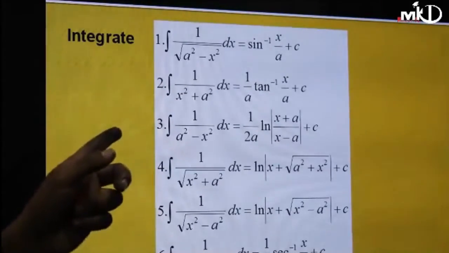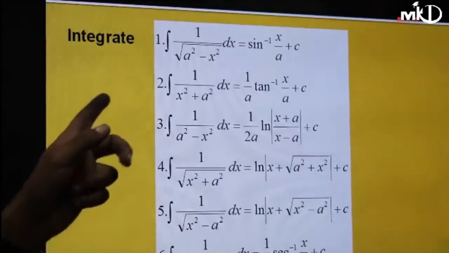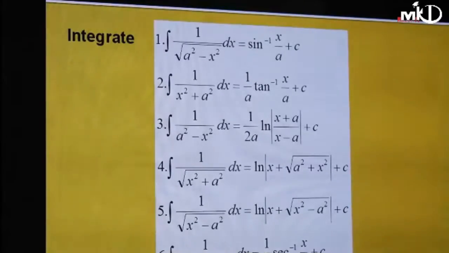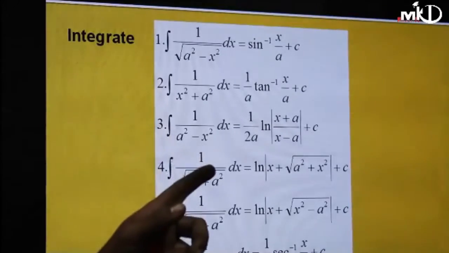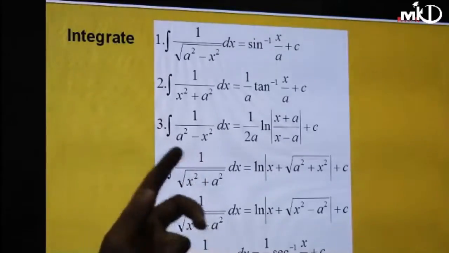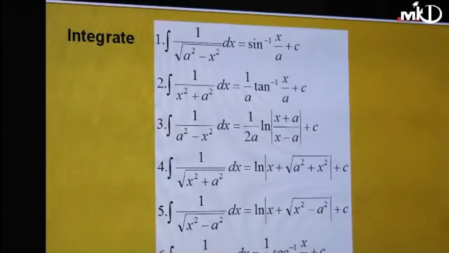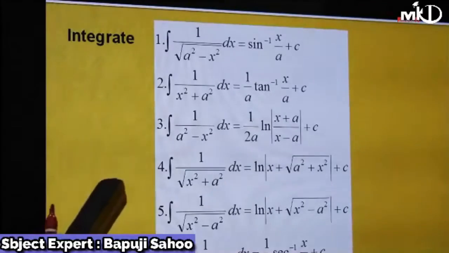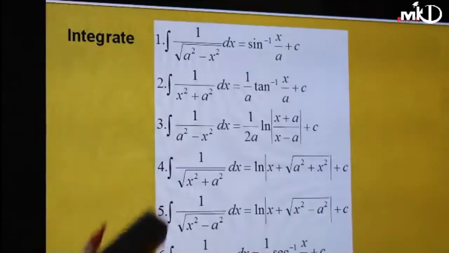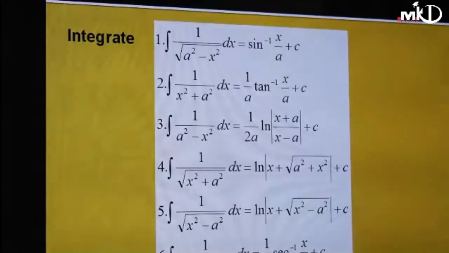So see, in the first case, if we take x equal to a sin theta or a cos theta, then it will become 1 minus sin square theta or 1 minus cos square theta. Then it will become cos square theta or sin square theta, and we can find its square root. So now the problem becomes simpler. Similarly, in the second one, we replace x by a tan theta. So now I will show you why we are taking x equal to a tan theta. Okay, so let's solve the second one.